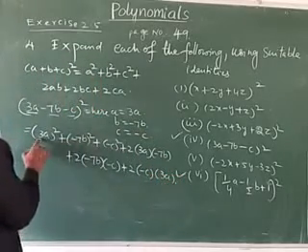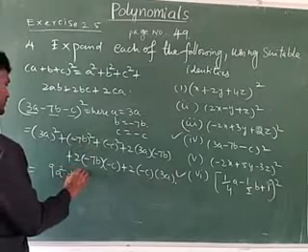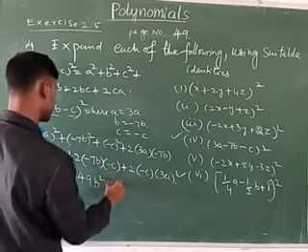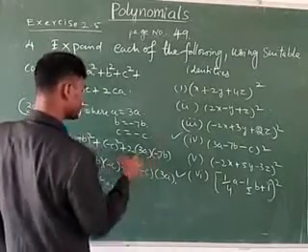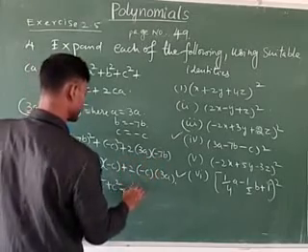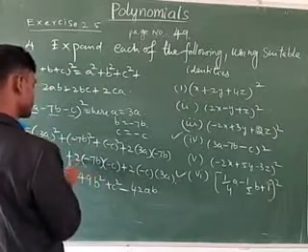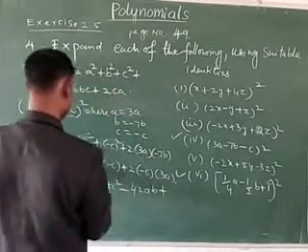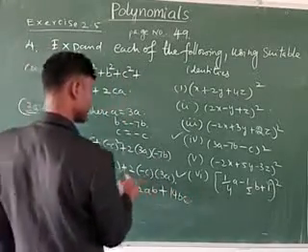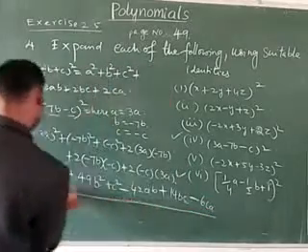Now see here 3 square is equal to 9a square. Here minus 7 whole square means 49b square, minus c whole square is equal to plus c square, and minus into plus minus, 2 3s are 6, 6 into 7, 42ab. Minus into minus plus, plus into plus plus. Here 2 into 7, 14bc, and minus into plus minus. Here 2 into 3, 6ca. This is the answer. Note down.